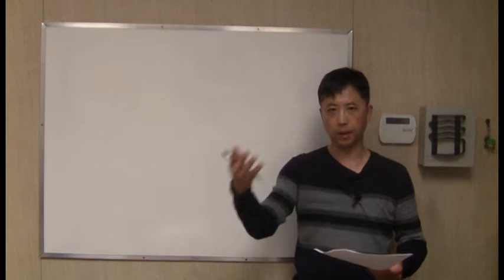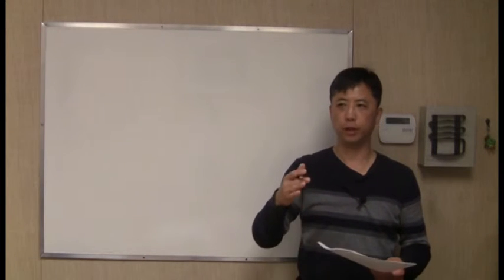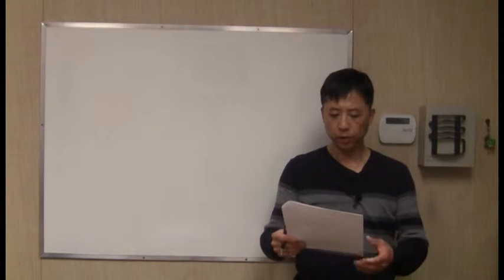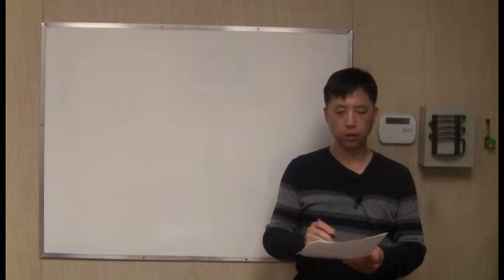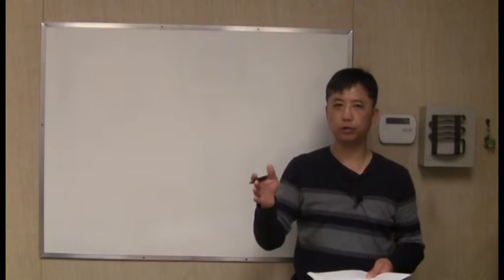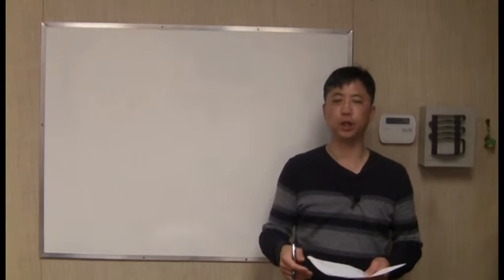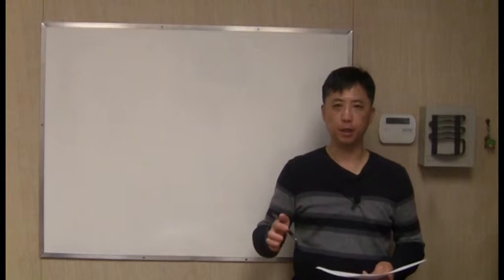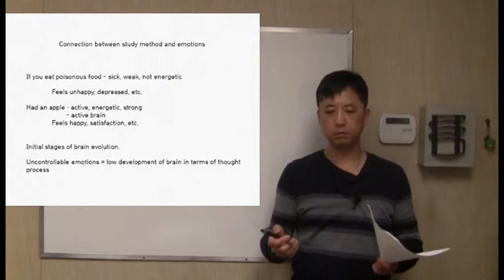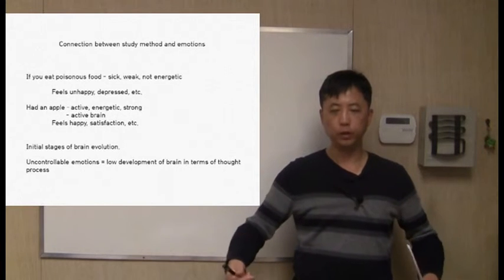But anyway, I'm going to come back to these topics one by one in the next lectures. So now, brain evolution is not only connected with educational methodology, teaching and learning. There's another thing: emotions. Let's say you got bitten by a poisonous animal, and then the poison goes through